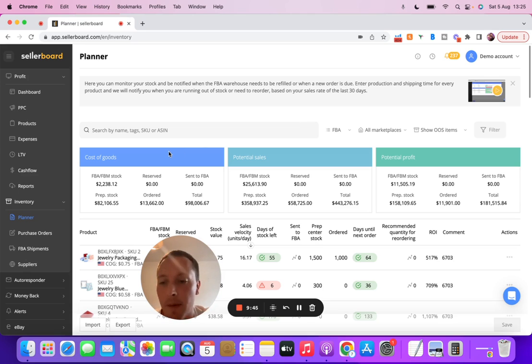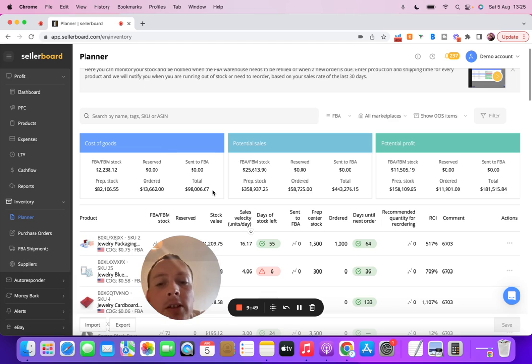So let's go into this. The cost of goods in total, we've got 98,000. The potential sales is 443,000. The potential profit is 181,000. So that's really cool, guys. Really cool. It gives you a really good idea